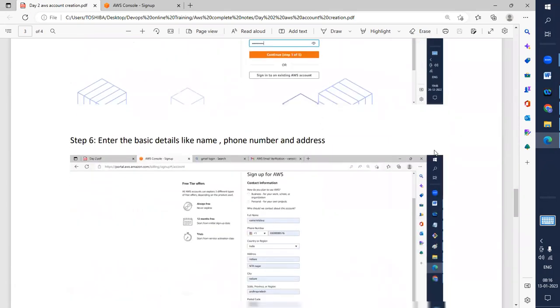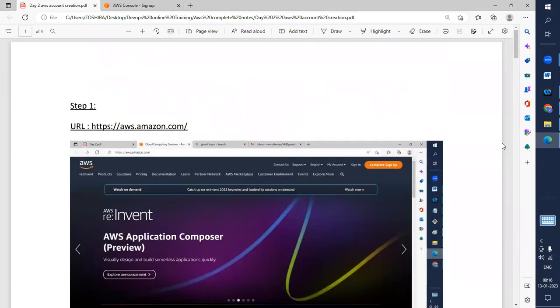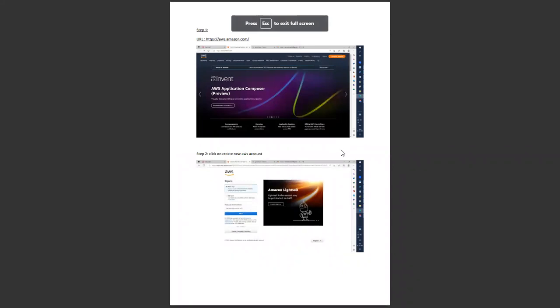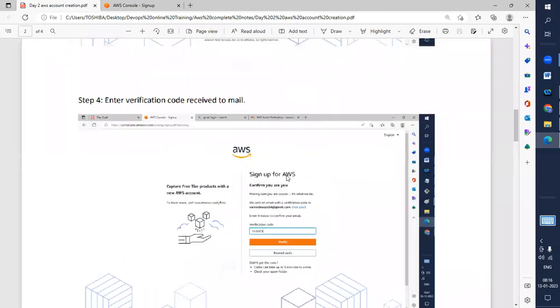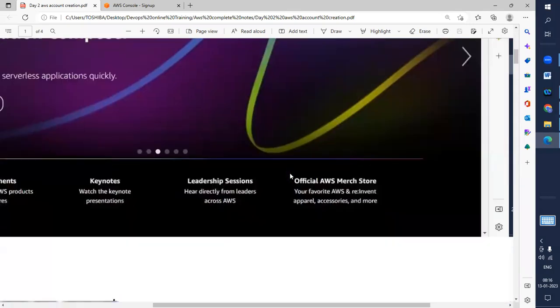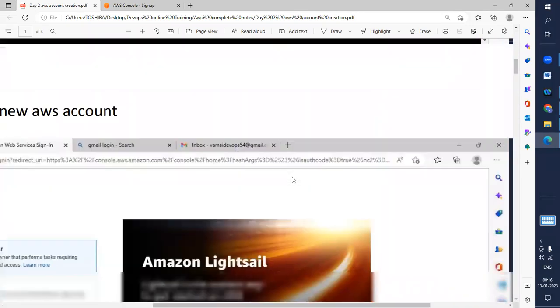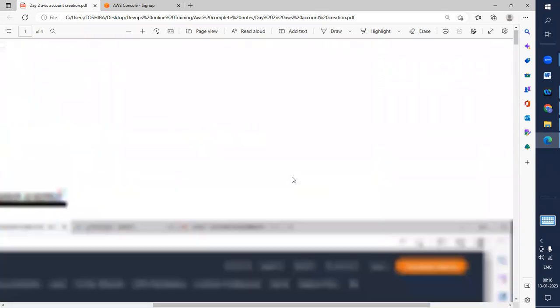So we are in the last step. Make sure you are providing the correct details. Okay, make sure you provide the correct details. Where we are at now, you have to provide